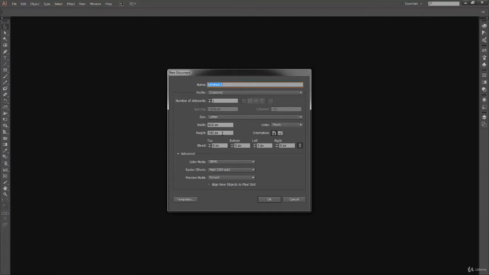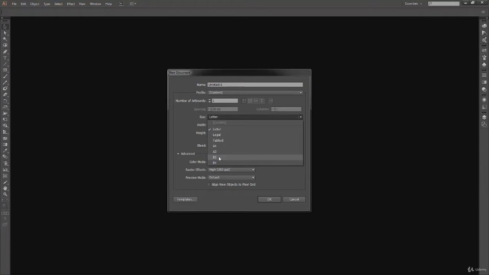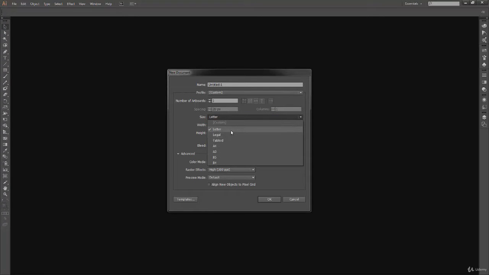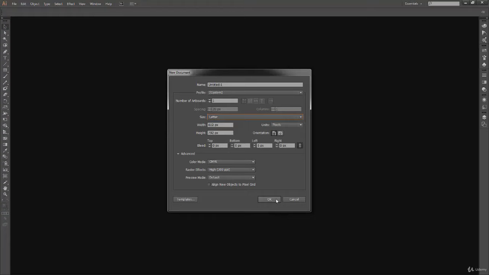So this time we are going to change width and height, and we are going to play with sizes also. We'll see how this affects our document. So let's say first we create a letter size document itself, and press OK.